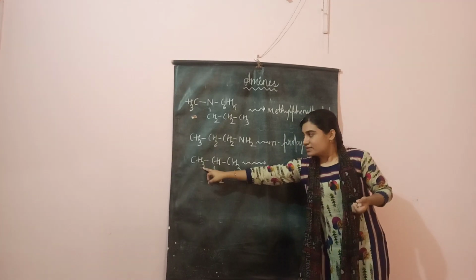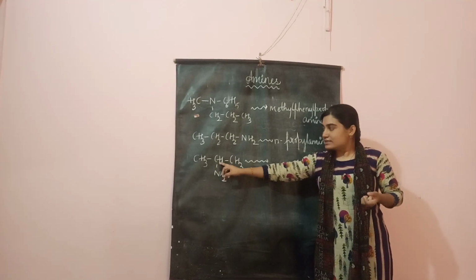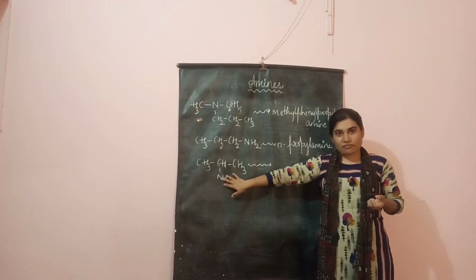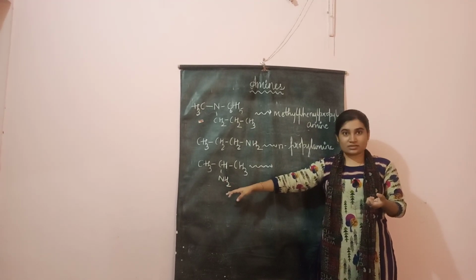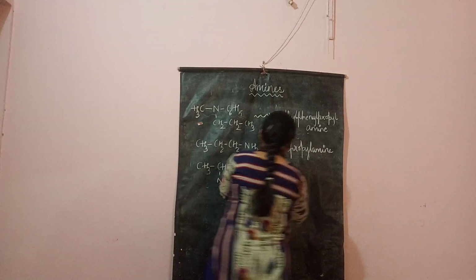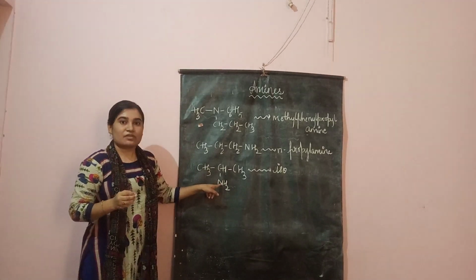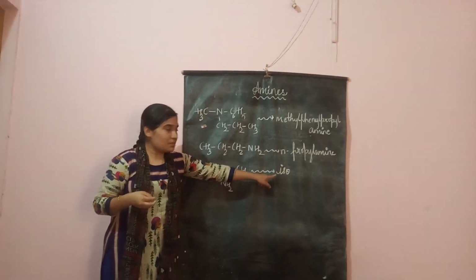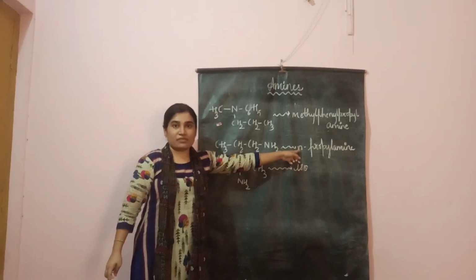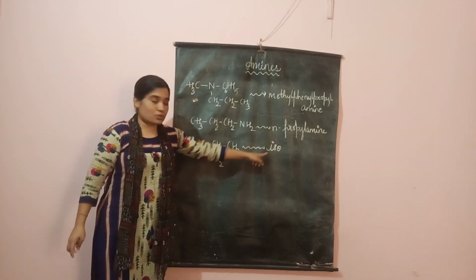Now look, I have CH3, CH, CH3, NH2. Now I find that CH is in a branched position. Whenever such a compound is given in the closed system, or if they have asked for the common name, the prefix you use is iso. Remember, whenever the functional group is branched, the prefix will be iso. If your functional group is in a straight chain, I use the prefix N. Now, since it is branched, I am going to use the word iso.